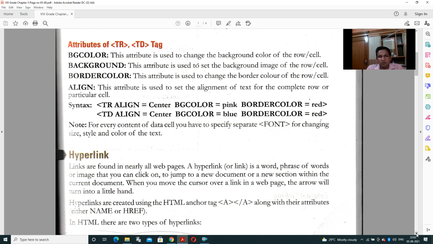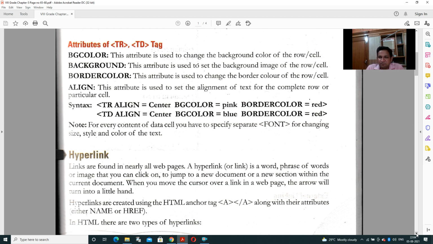If you want to set a background image, in that case we can use the background image option. The major thing here is that if we are using BG color and background both, your background will be displayed and BG color will be hidden. It means background will override BG color and it will display the background output on behalf of BG color. It means background will be visible and BG color will be hidden.